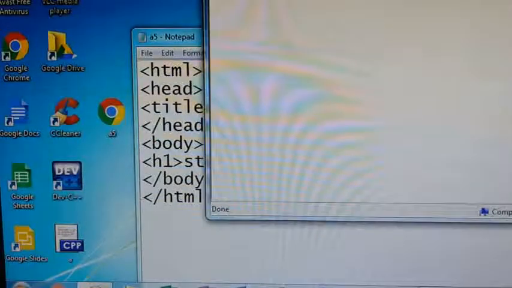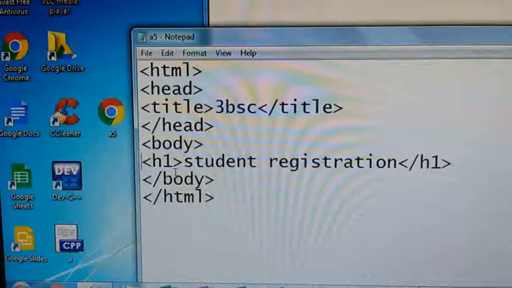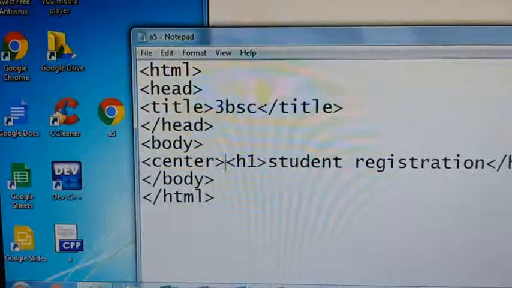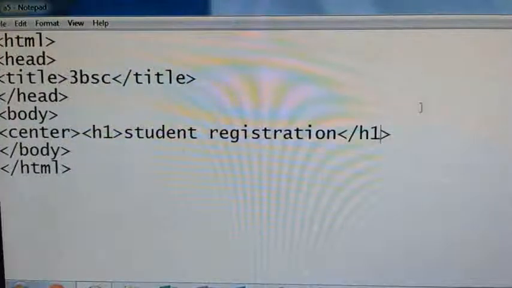Okay. Now, this student registration, I want to create at the center of the web page. So here I am using a center tag. It is used to display any content which is enclosed at the center of the web page.